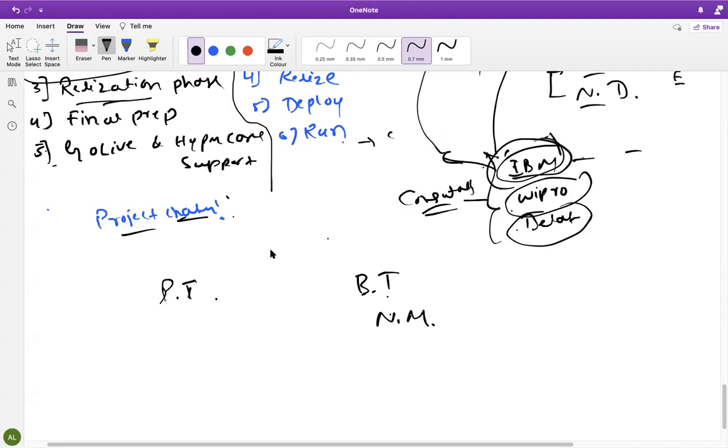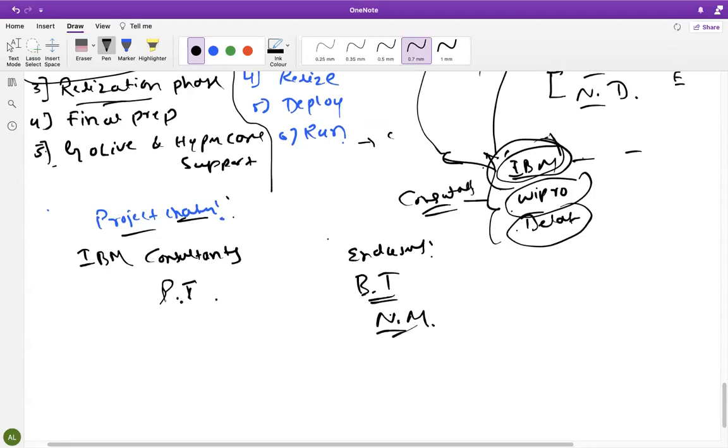Okay, so I was telling, we have two teams. One is the project team, another one is the business team. Project team means we consultants will work here. So we got a project, IBM. Here this is our business team, where end users are working. Nandini Milk is there, right? These people want to implement SAP. They contacted IBM, they finalized, so we got a project. We need to implement SAP.